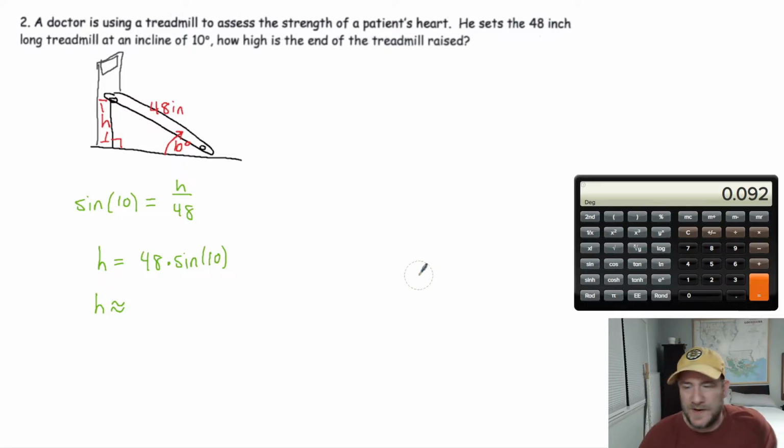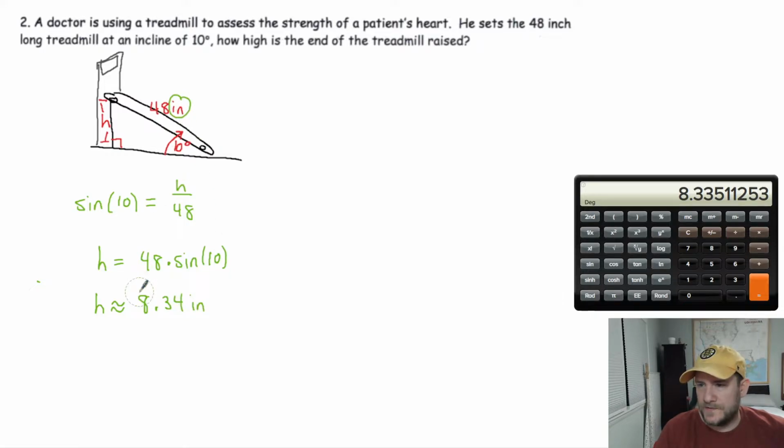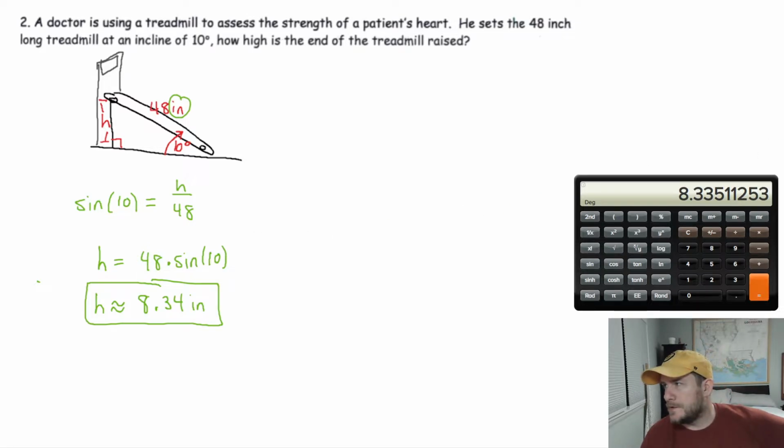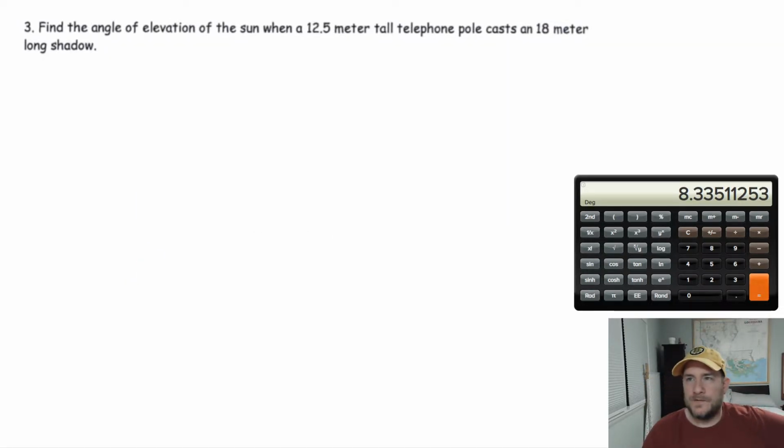All right, so what's that going to be worth? 48 times sine of 10 equals 8.34. And since these are inches, these have to be inches too. That's number 2. So for 3, it says find the angle of elevation of the sun when a 12.5 meter tall